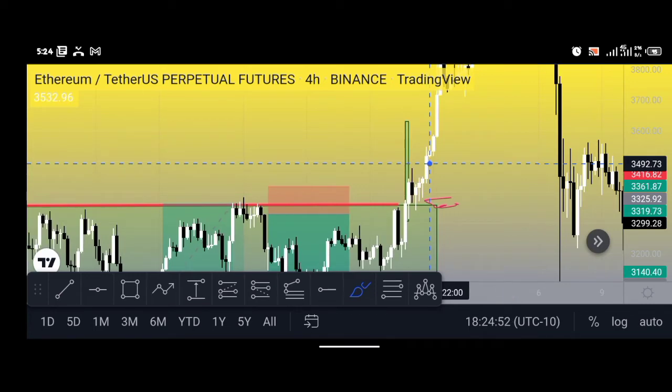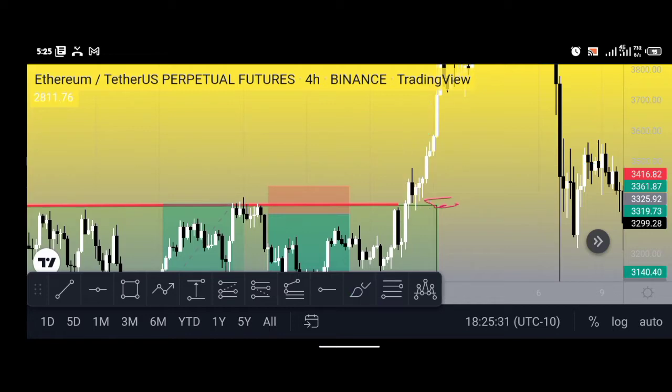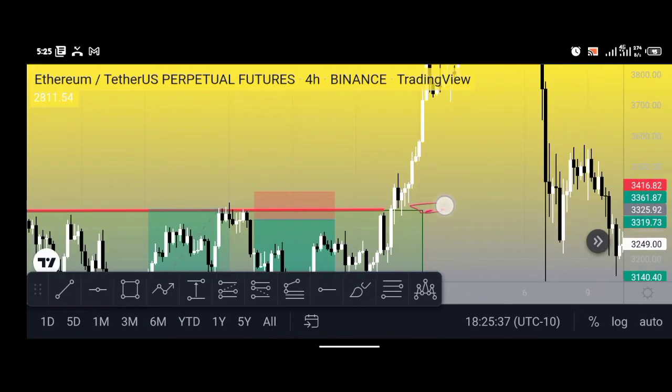So after looking at that, after the formation of that retracement, you look for a candlestick pattern that will convince you to place a trade. After the pullback, after the retesting of the resistance level, you know that this pattern formed here